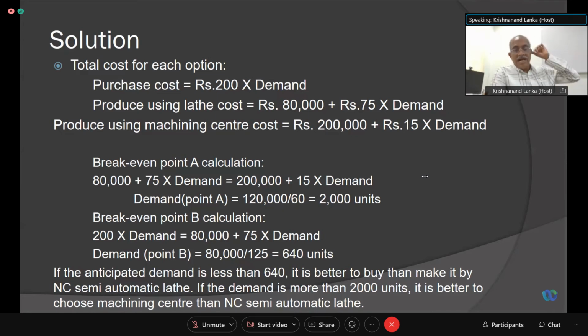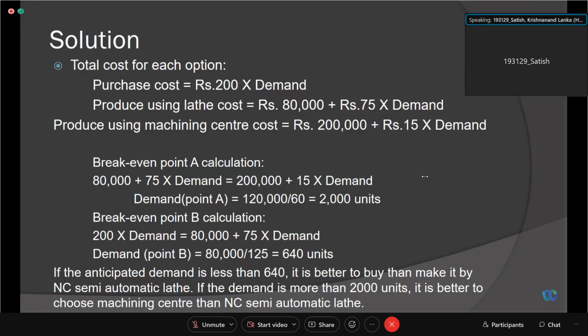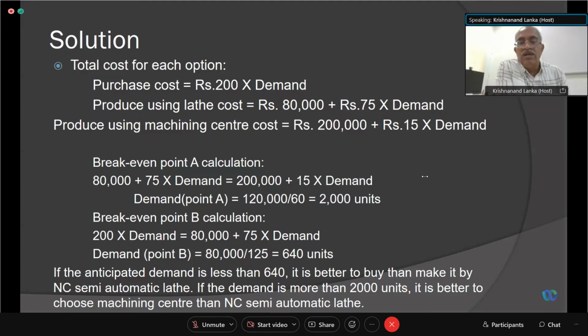That means if the anticipated demand is less than 640, it is better to buy, trade, than to make it with an NC semi-automatic lathe. So there is no point in setting up any